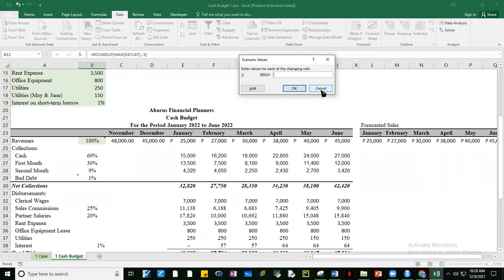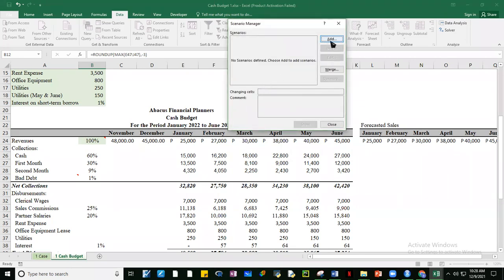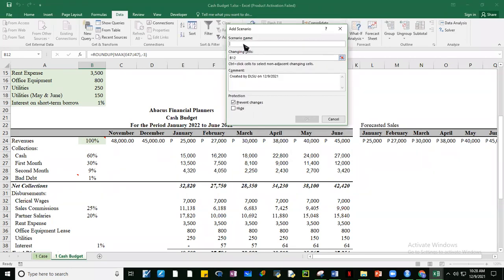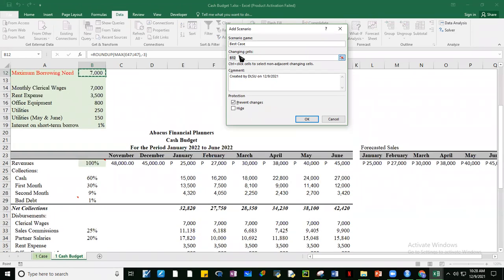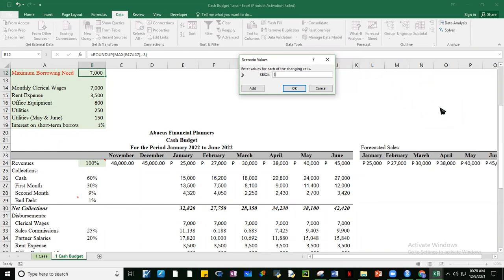Okay, wait. Cancel. Okay, sorry, nawala ako dun. So best case scenario. Best case lang. B24. So this is best sales at 120% above. Okay. All right.